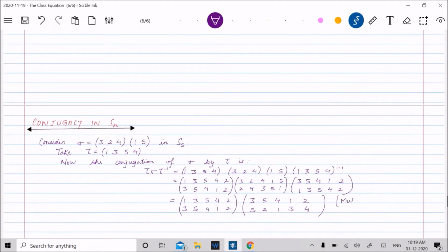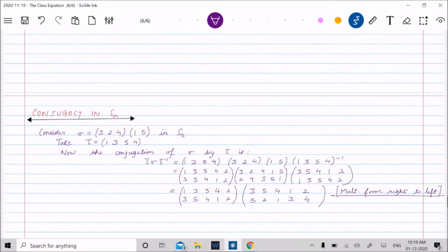Multiply from right to left, right? This is the standard way to multiply actually, right? Okay. Now again,